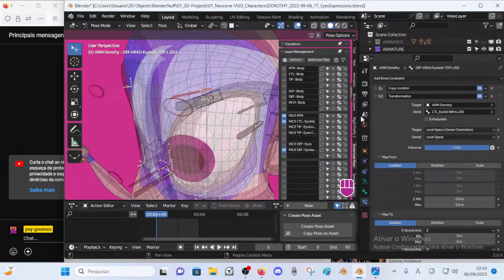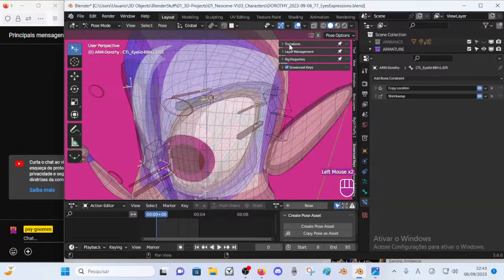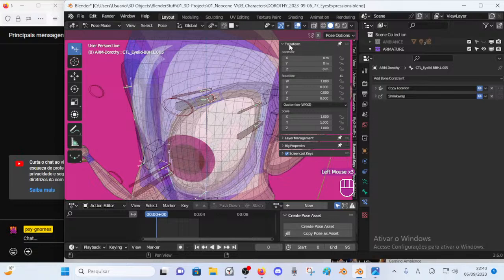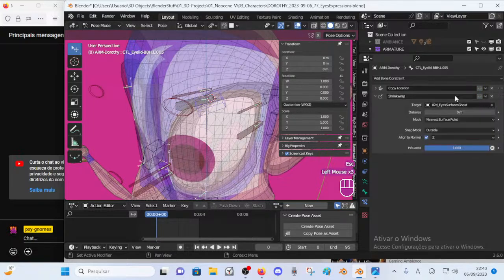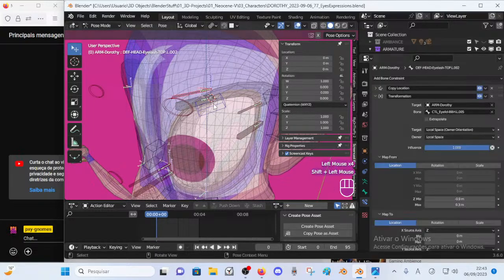Transformation. Oh, I see what I did wrong. I was mapping this thing. No, while perhaps I mapped everything wrong, right? So what I mean is maybe I was mapping everything wrong.